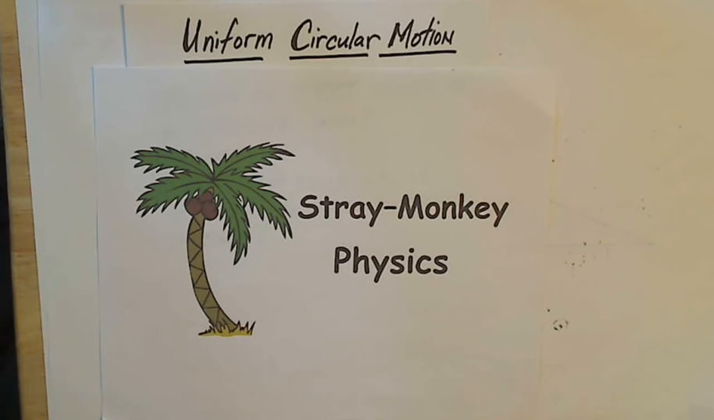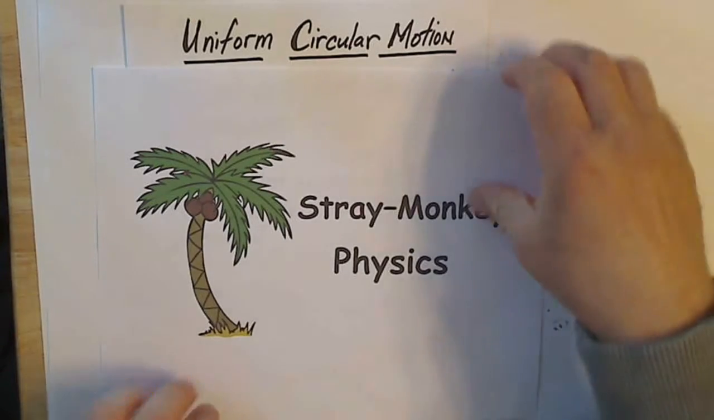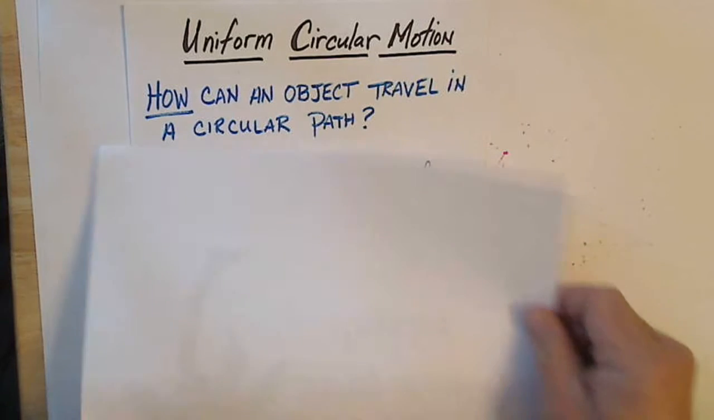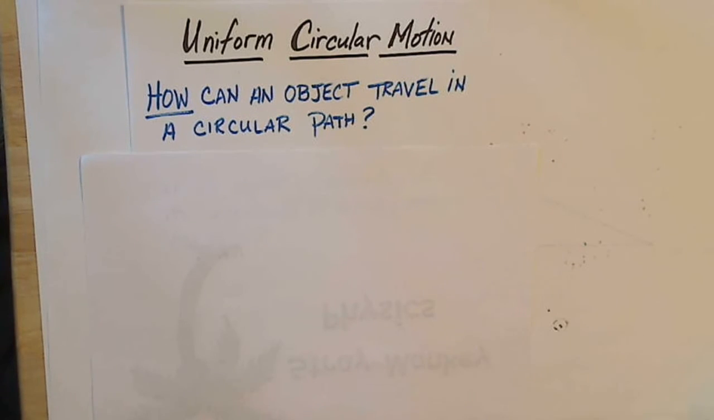Today what we're going to do is go over uniform circular motion. Okay, uniform circular motion. Now, one of the questions we want to ask ourselves is how? How can an object travel in a circular path? Now, the reason why we ask that question is because of what we just learned a few lessons ago